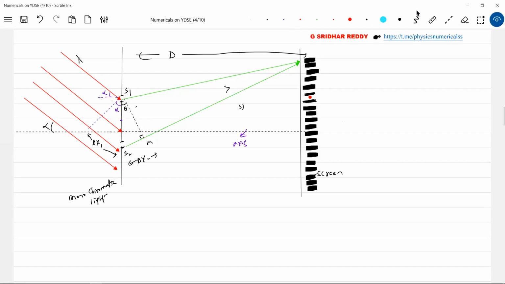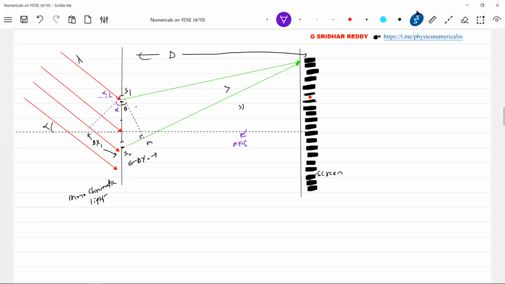Like, instead of this, if he has given an angle made by the incident beam with the plane of the slit, then the alpha would have been here. So try to notice that one. Don't memorize the formula. You should focus on what alpha is. Alpha is the angle made by the incident beam of light with the horizontal. Instead, you may say the beam is incident at an angle alpha with respect to the vertical plane in which the slits are present. It is referring to this. So you will not be given a diagram, you will be given the condition explained, so you must be able to imagine things here.